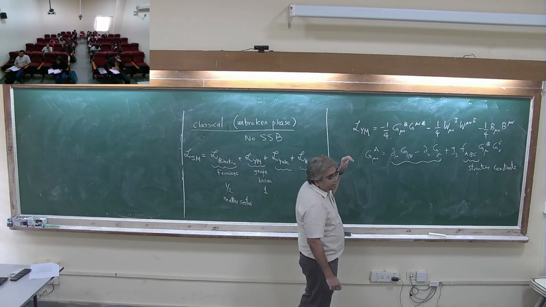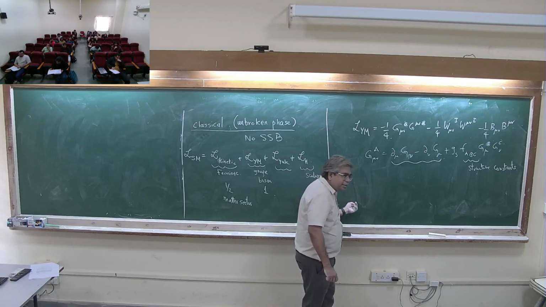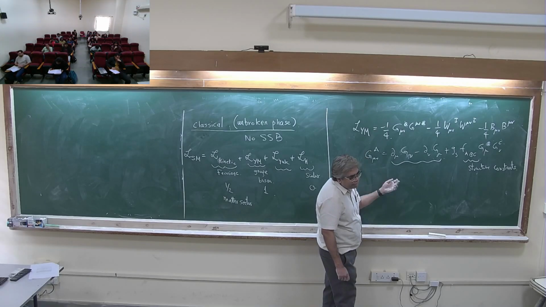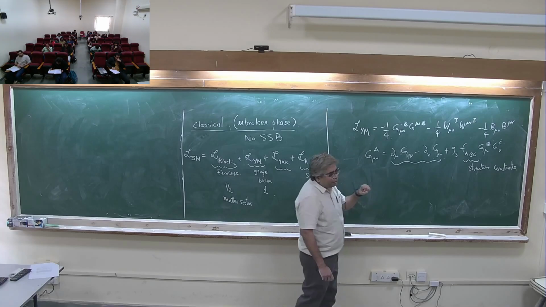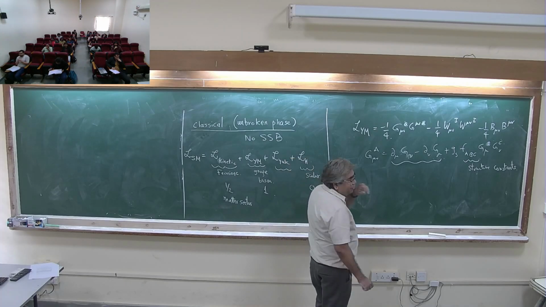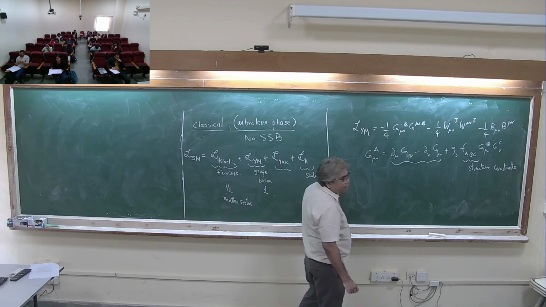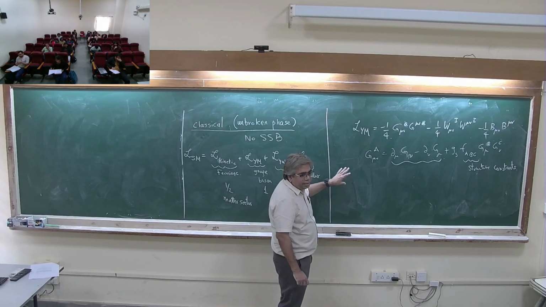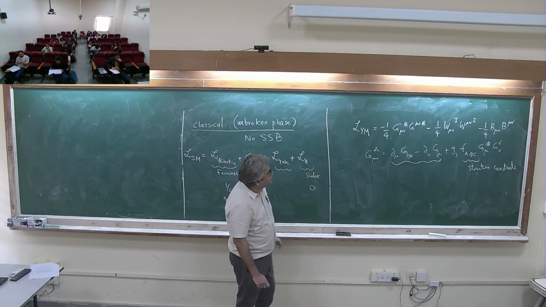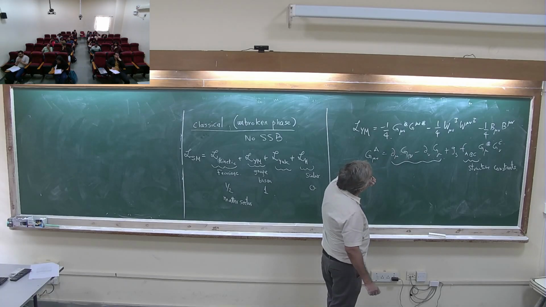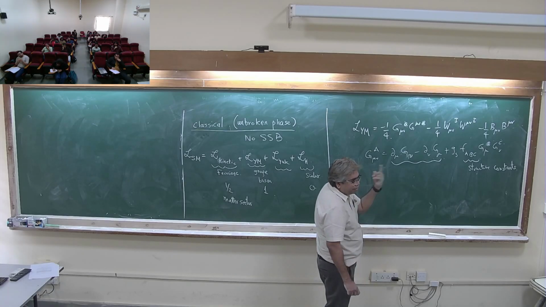The reason is that you can set this term to 0, but then this gets generated at one loop, and then there are other loops. And it's a big story, I'll tell you later on when I deal with axions. And it's a very interesting story. Not even that. You cannot set it to 0 at all orders. That's the main result. Okay. Anyway, okay, now we have this thing, unless we impose a symmetry, which is called the CP symmetry.